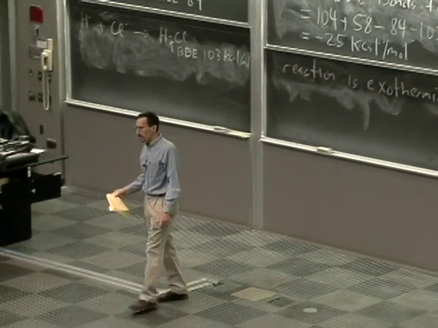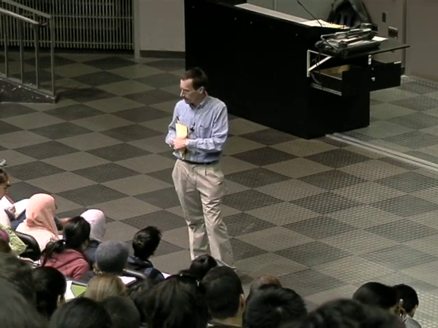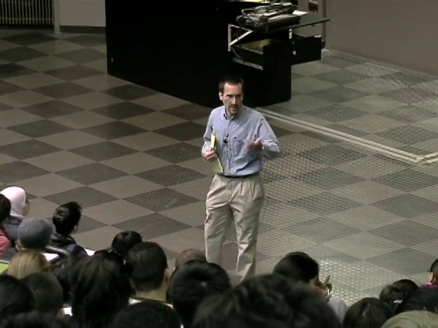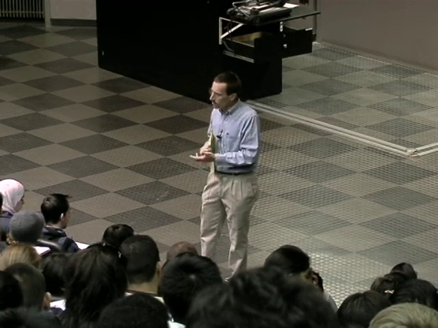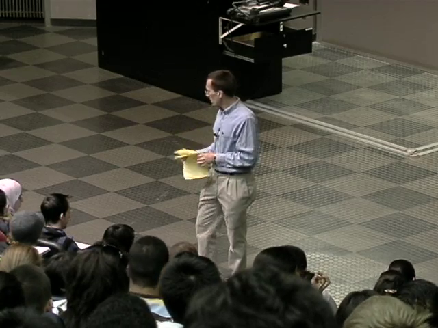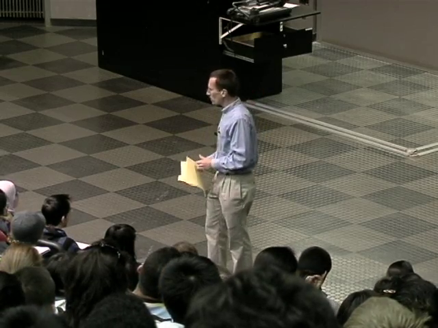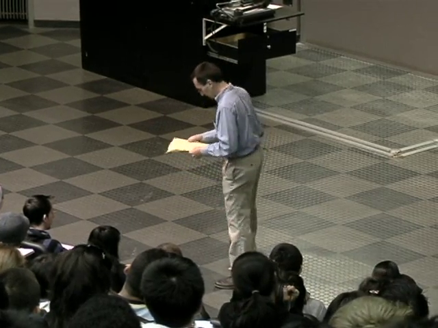Give you a calibration scale. We saw that a kilocalorie per mole wasn't a whole heck of a lot of energy. That was the energy of two methyl groups banging into each other. 100 kilocalories per mole, that's a lot of energy. That's the energy of a bond, roughly. 10 kilocalories per mole, that's a reasonably sizable amount of energy. And here we're at 25. So this reaction releases a good deal of heat.